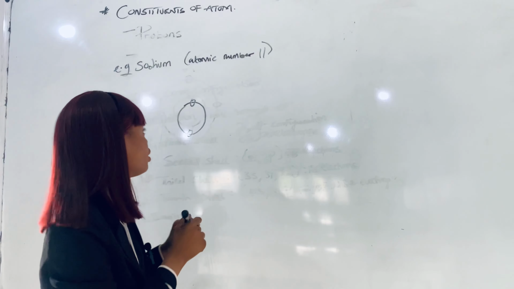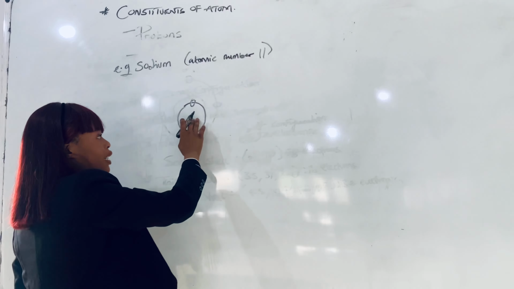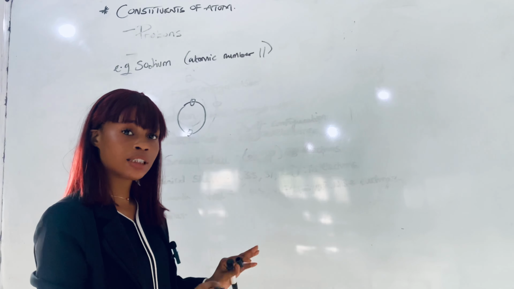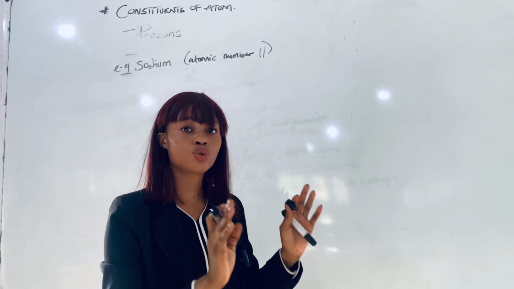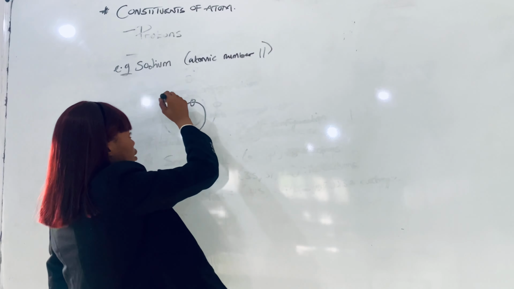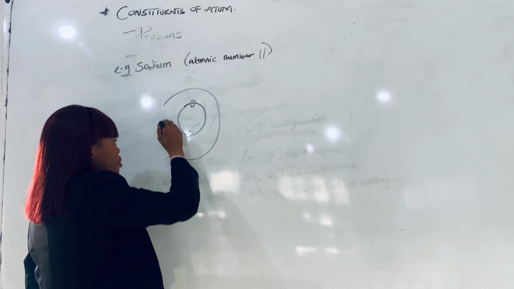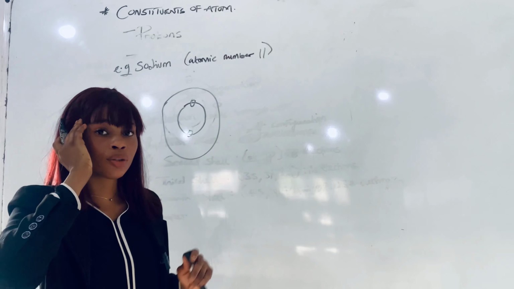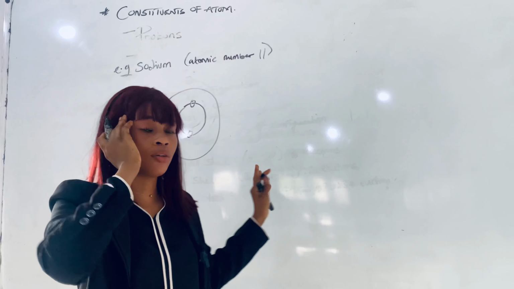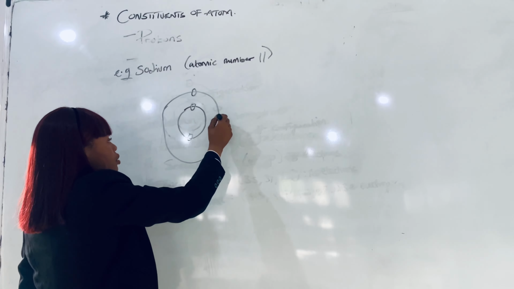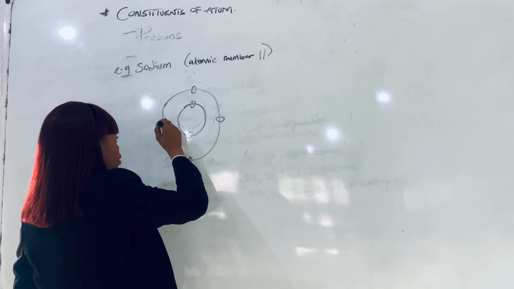9. Yes, 9. So what do we do with the 9? Do we add it to the first shell? No. The first shell can only accommodate 2 electrons. So we draw the second shell. So bear in mind that we have 9 electrons that we have to place in the shell. So we fill 1, 2, 3, 4,